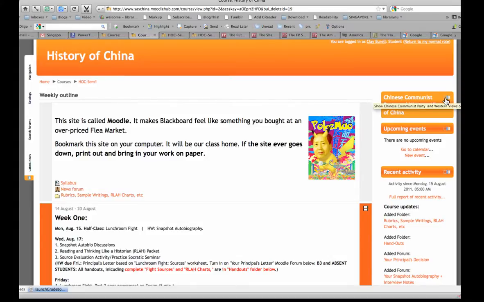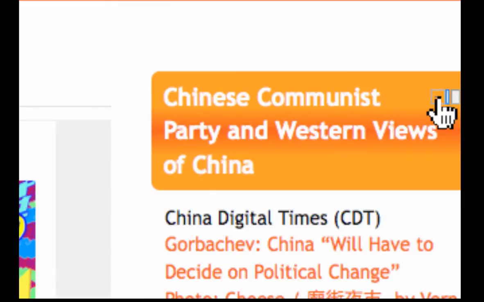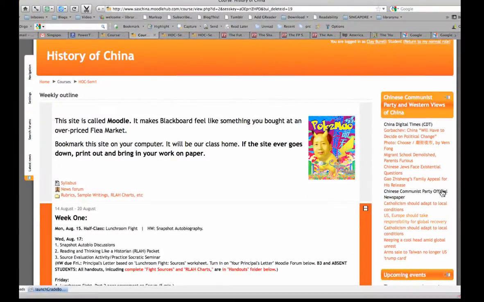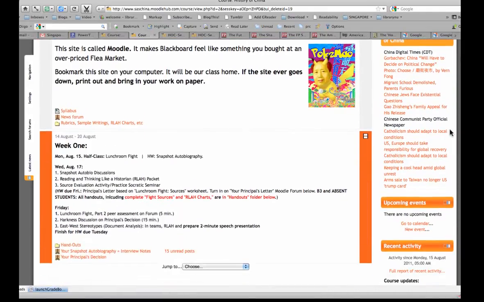Notice the other thing, and I hope that this will zoom in. You can also expand by just clicking on that little arrow to see things inside. These, by the way, I've told some classes, are two RSS feeds. I'll tell you what those are later, but basically they're the titles of the latest articles from these two websites. China Digital Times, that's a great source of news for today's China. And it's usually from the Western point of view. So sourcing this is Western sources. All of the big news about China to Western sources, and therefore Western audiences, English-speaking audiences, you'll find here.